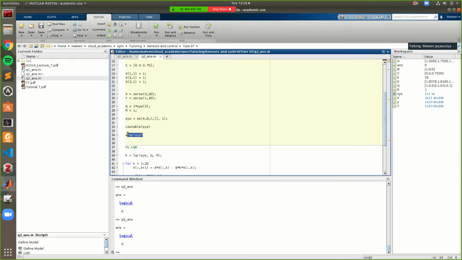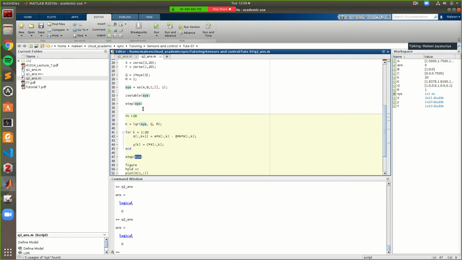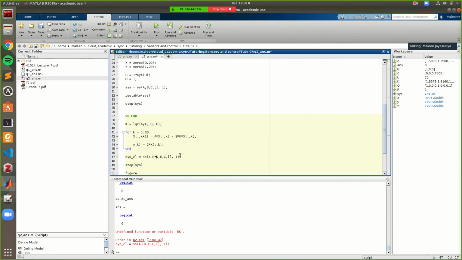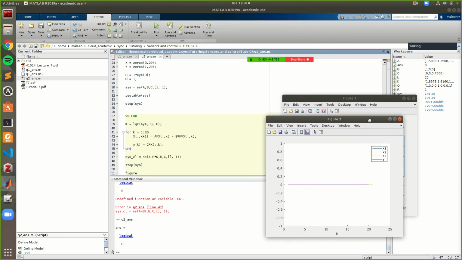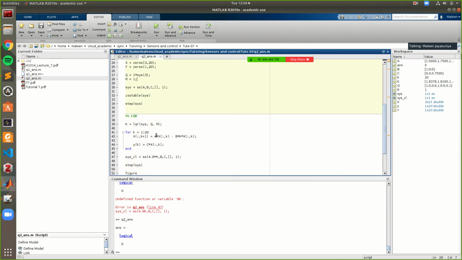And then if you want to look at the step input of the closed loop system, I take our system, so if I want the closed loop system, I'll say SISYS closed loop, and instead of A we have A minus B K. Sorry, I've put the same open loop system here.